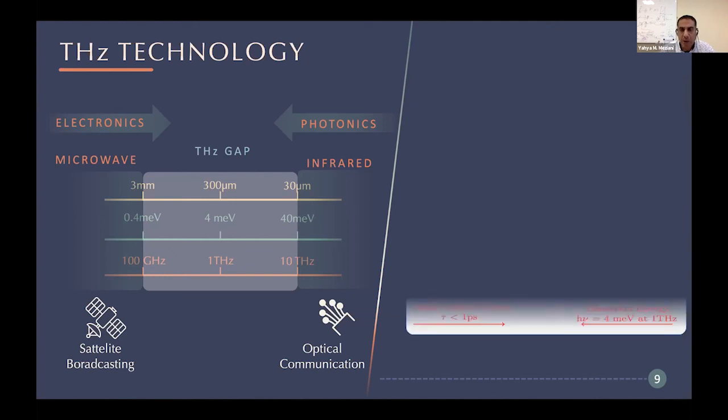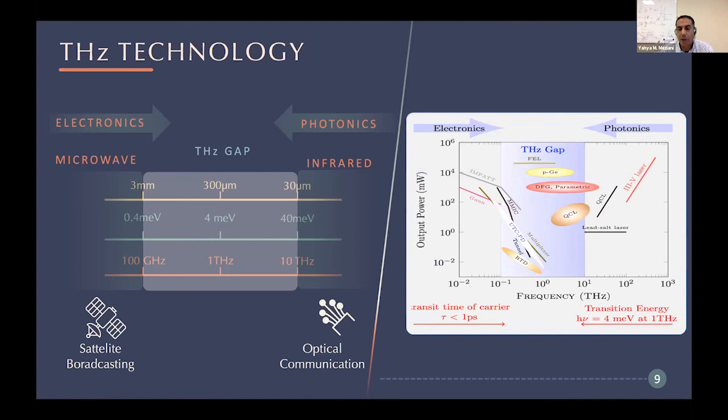You can also see from this figure the output power of different types of sources as a function of frequency. On the electronic part, we can use the IMPATT diode, the GaN diode, the UTC-PD diode, and the resonant tunneling diode. But when we go inside the terahertz gap, the emitting power is very low because of the limitation of the transit time of carriers, which is less